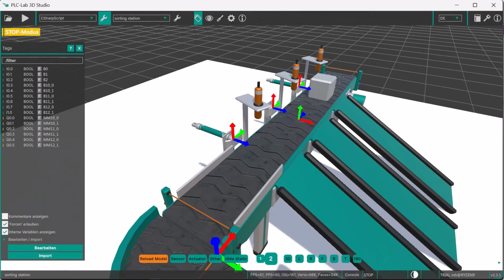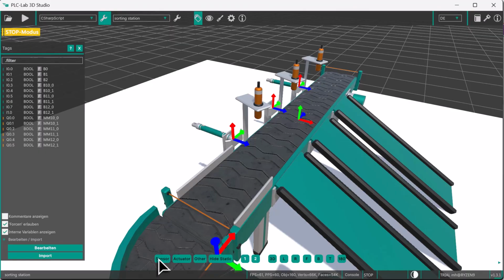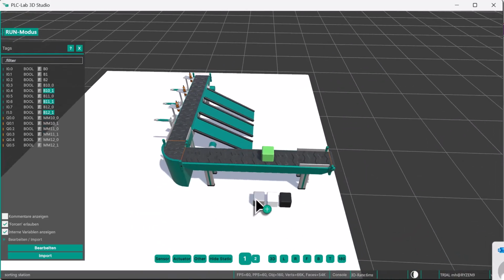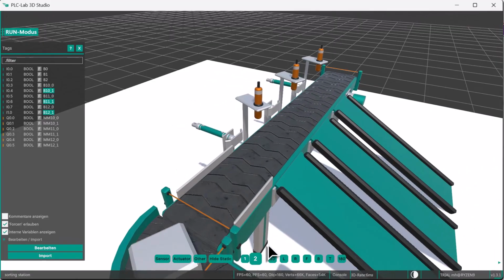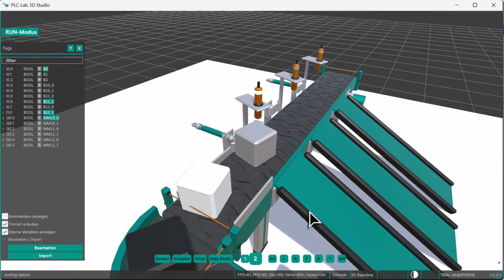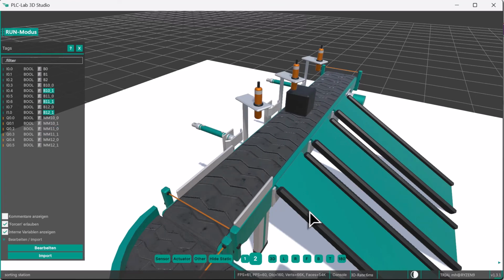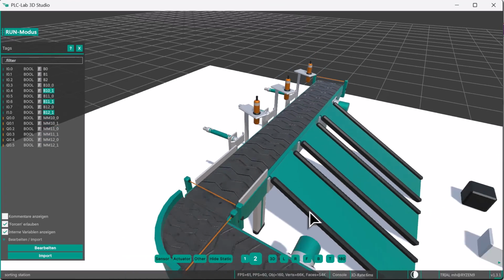With this reload button, we can load the file again and, lo and behold, the cube is gone and the rail is shortened. We'll go back into the simulation. And the problem seems to be fixed. Very good. Mission accomplished.